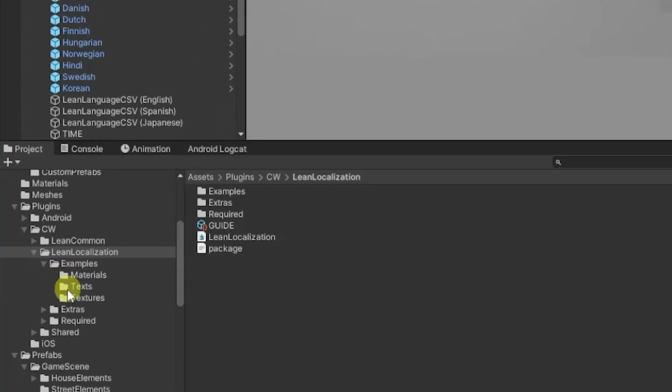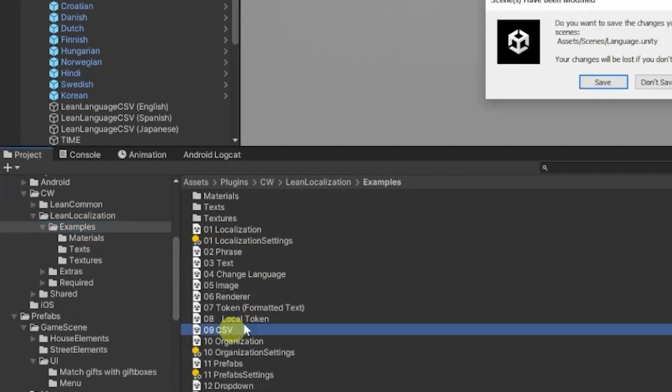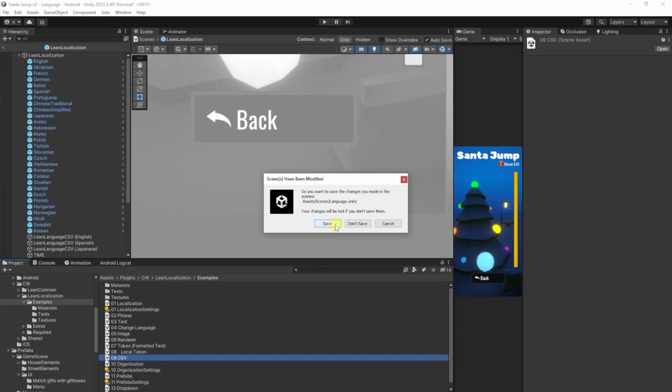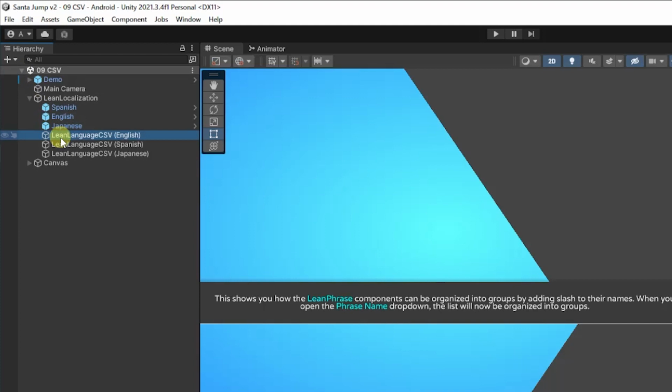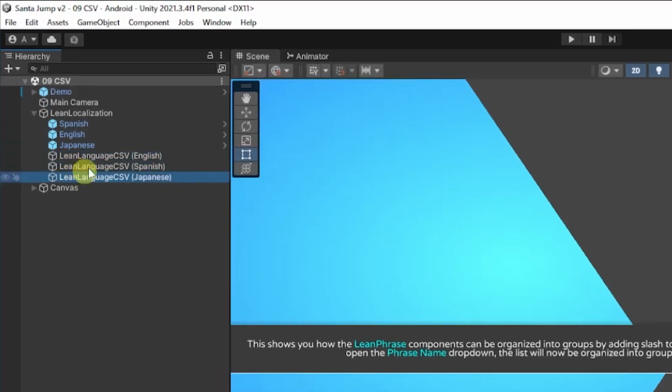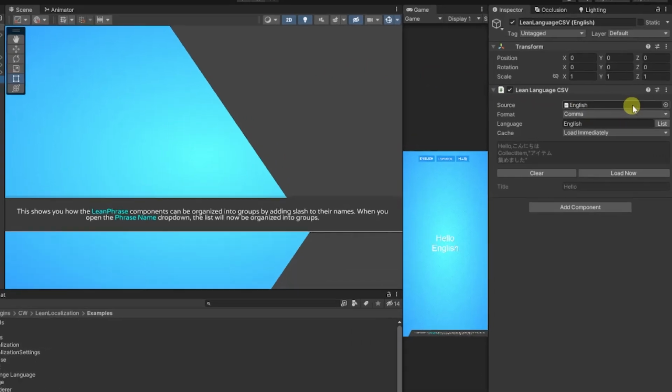Open the CSV scene. Let's take a look at the Lean Localization game object. Here we see several game objects with the Lean Language CSV component inside them.